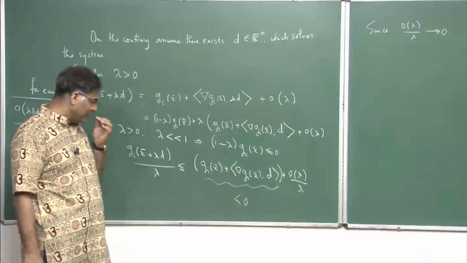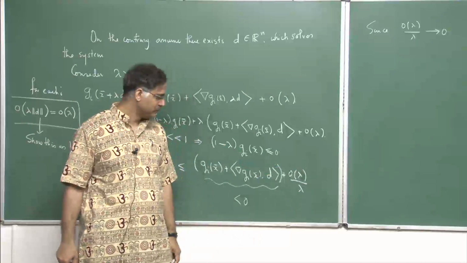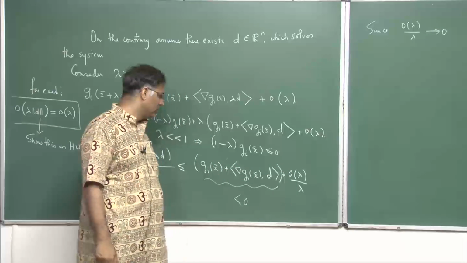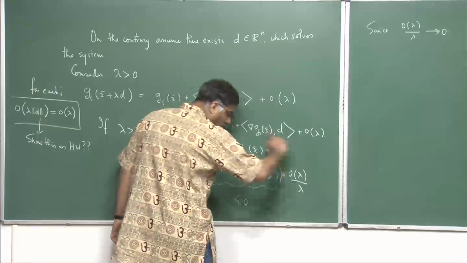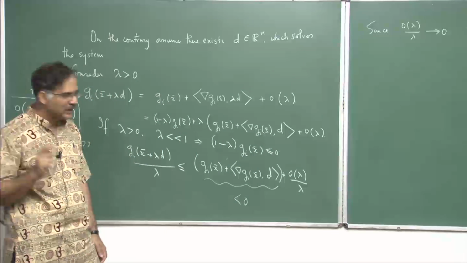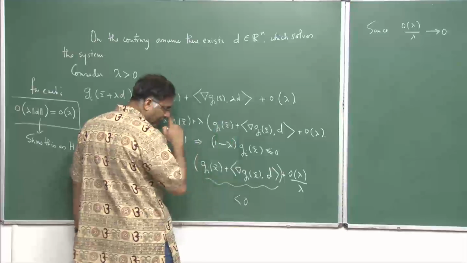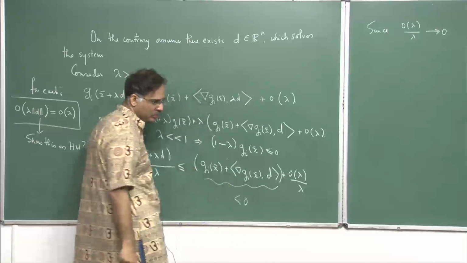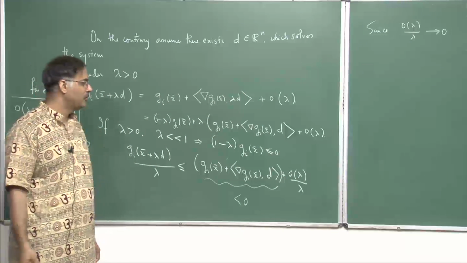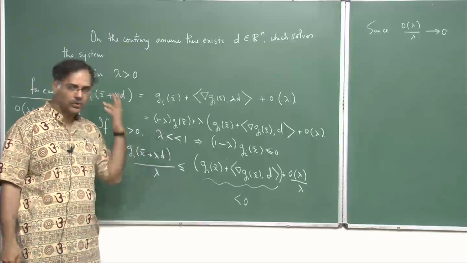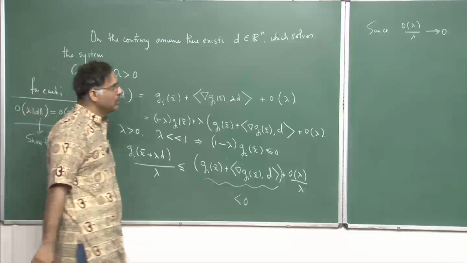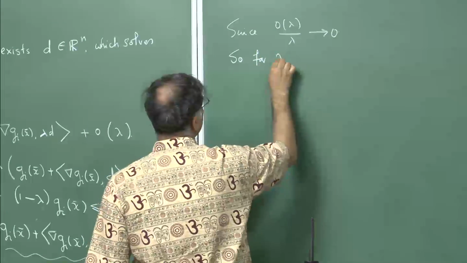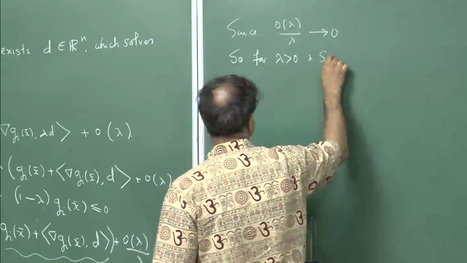Even if it is positive, it becomes so small as I make lambda very small that, against a fixed negative quantity, the overall sum becomes negative. For example, this is minus 1, and this I make so small that it becomes 1/3 or 1/4, something like that. Then minus 1 plus 1/4 would become minus 3/4. So for lambda greater than 0 and sufficiently small,